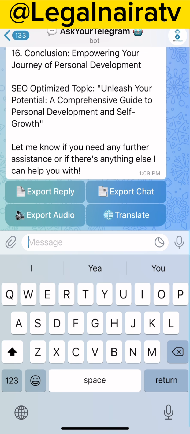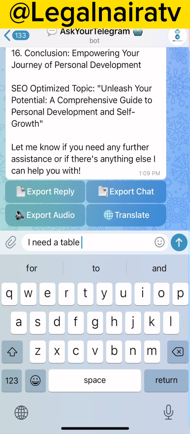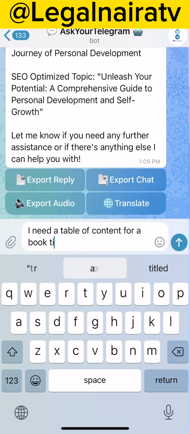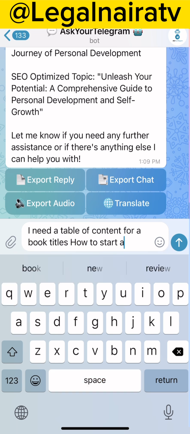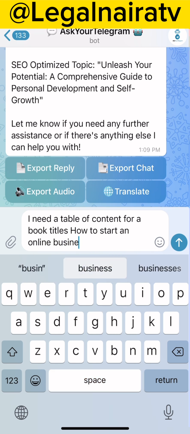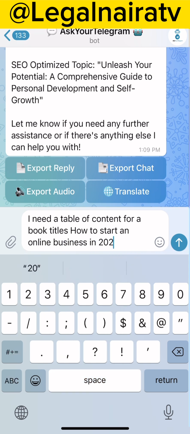The first thing you want to do is to get your table of content. So you just tell this bot to give you a table of content for the title of this book. I need a table of content for a book titled How to Start an Online Business in 2023.